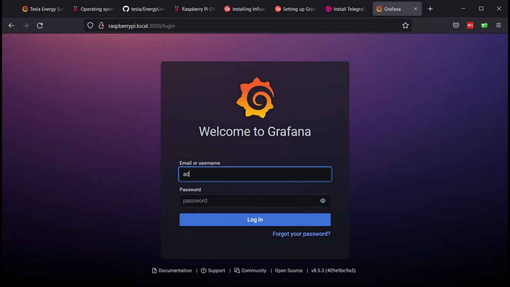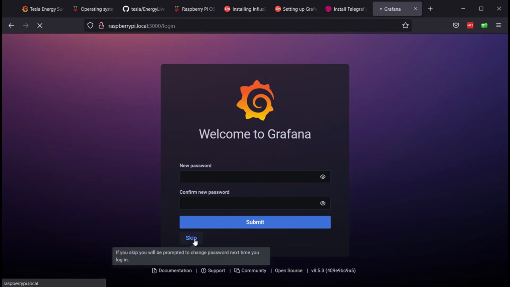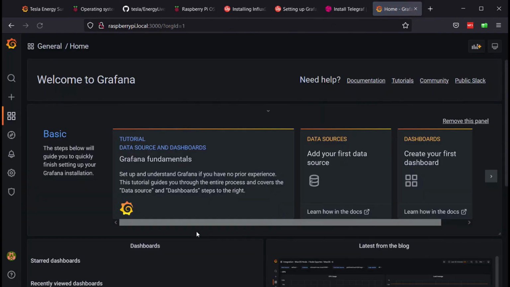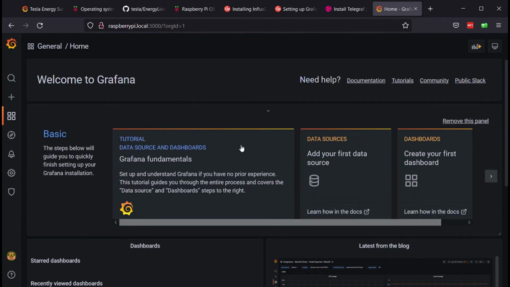Default username admin, default password admin. Skip this part for now, but you should change your password. So looking on your Raspberry Pi, this is up and running, right? Obviously there's nothing in here right now, but we'll make sure we populate it